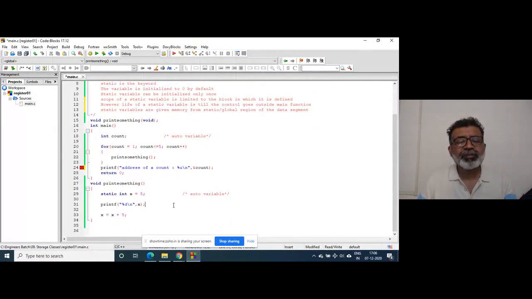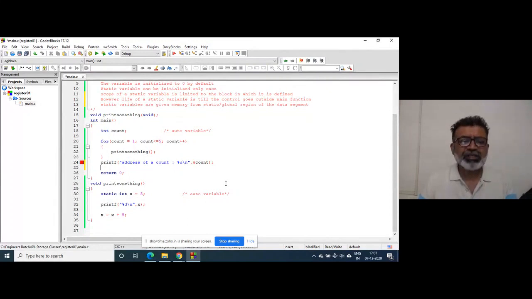But since you have already learned functions in college, maybe not in detail, some concepts you have learned, at least the terminology is not completely new. And here I will print. It will be printed that many times because the function has been called 5 times. What I will do is print the address here only.